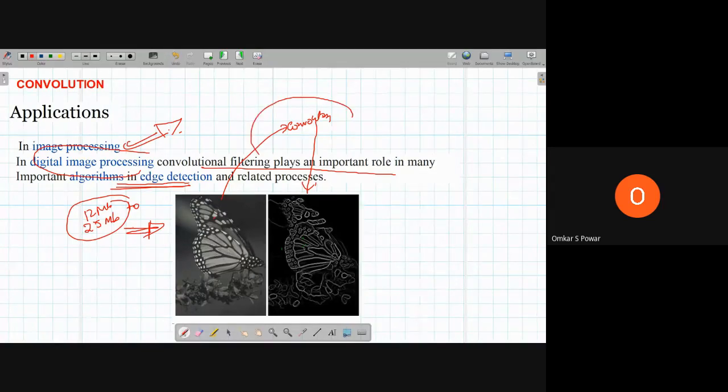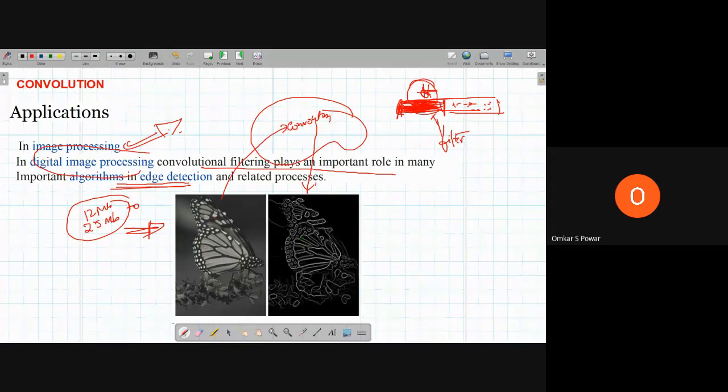So this convolution is like a filter. I think you have seen most of the people smoking cigarettes, right? There will be a filter in the cigarettes. Why do you think this filter is used? You have observed, you take any cigarette, there will be a filter here, and here there will be the tobacco. The filter is used to remove the unwanted components. The smoke will not directly enter, but it passes through the filter, and it will help your lungs to a little extent. Please don't smoke. Okay, so in the same way, convolution.